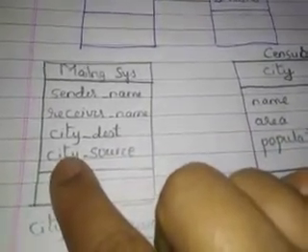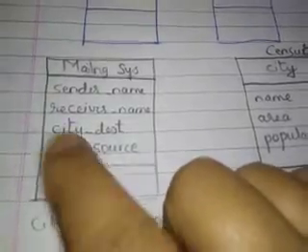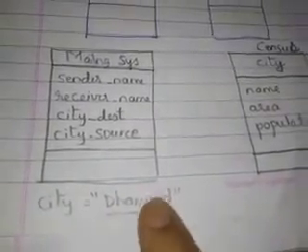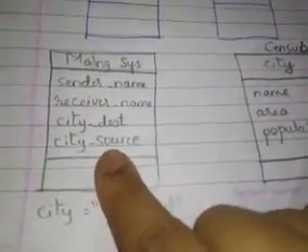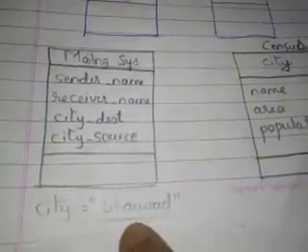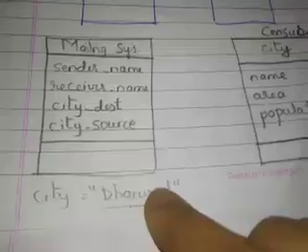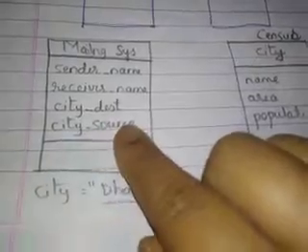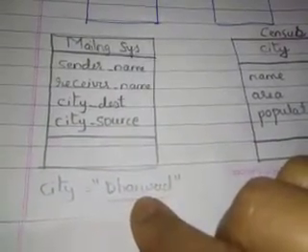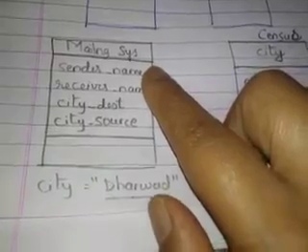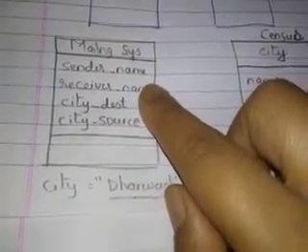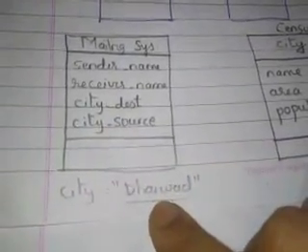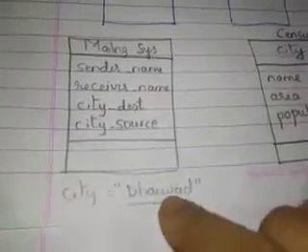Now if you look at an attribute called city here, right? We have written an attribute called city. It is just an attribute because the city doesn't have its own independent identity here. If I want to post a letter to Dharwad, this Dharwad is related to who has sent the letter, right? So the city doesn't have its own existence, because it is attached to somebody who has written a letter and wants to post it to a person who is there in Dharwad, right? So here city has become just an attribute because it has a value which doesn't have its own existence.